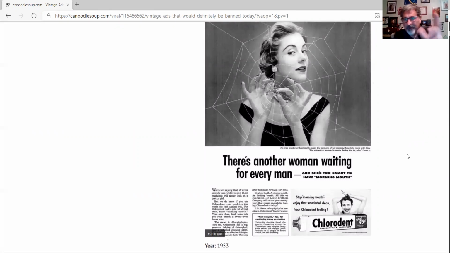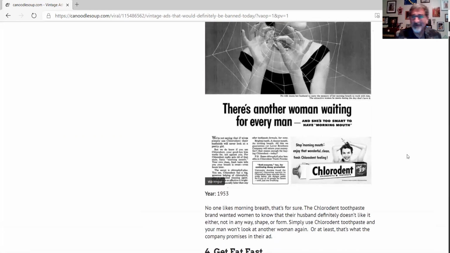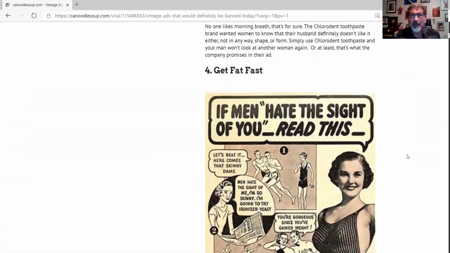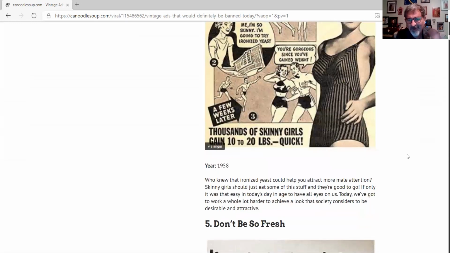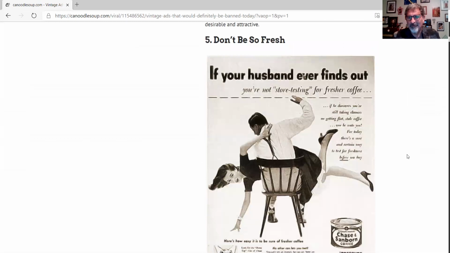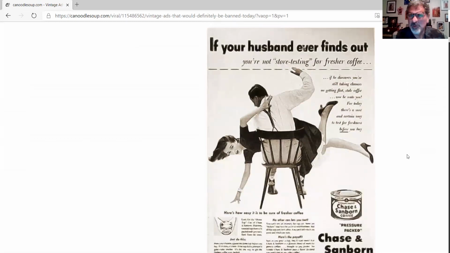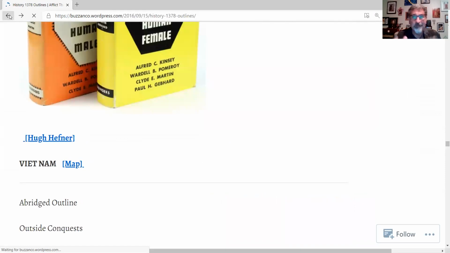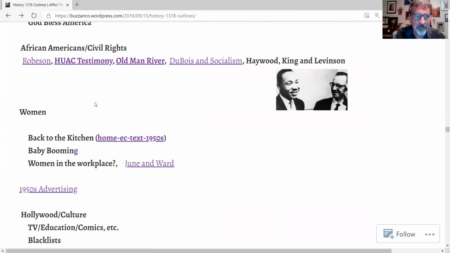Use the right toothpaste so you don't lose your guy, and all that kind of stuff, right? The guy spanks his wife for using the wrong coffee and stuff like that, right? It's the kind of thing you probably wouldn't see today, okay? So all of these things are part of what we call the domestic Cold War, the Cold War at home,